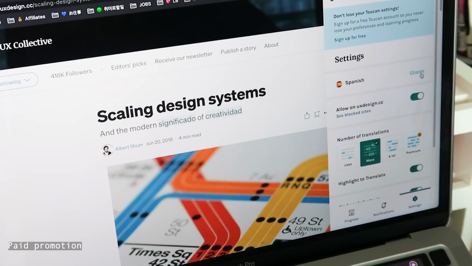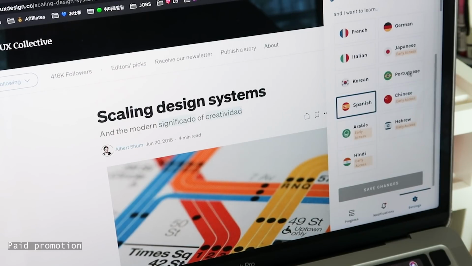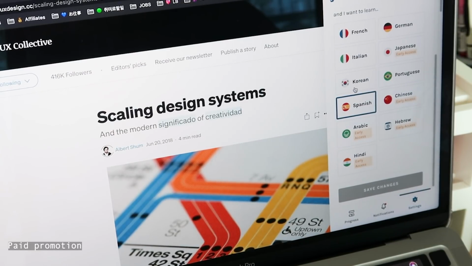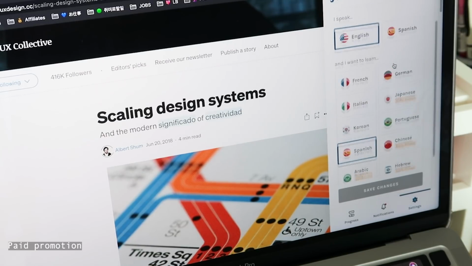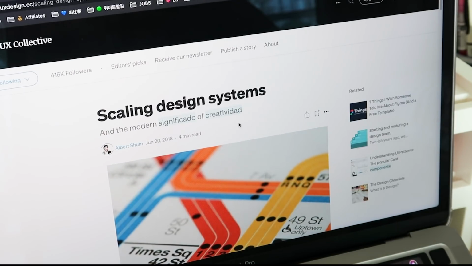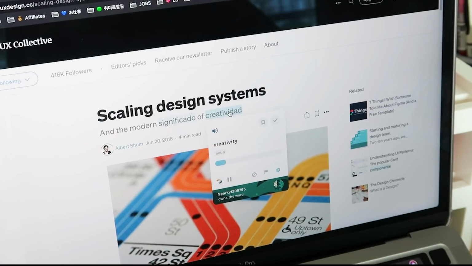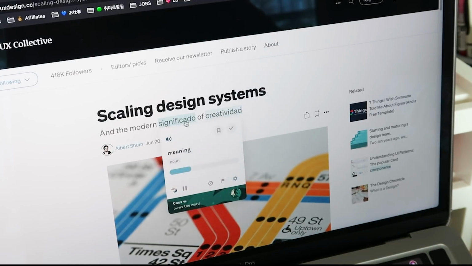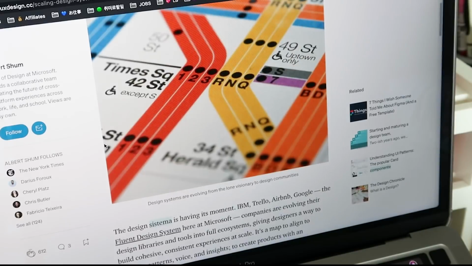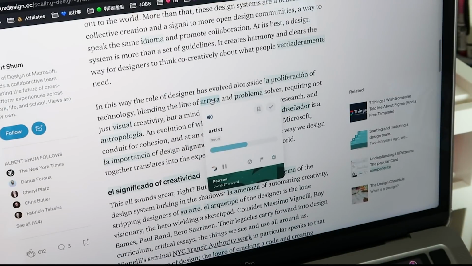The language I'm learning at the moment is Spanish, but you can change it to a number of languages, maybe even Korean, Japanese. These are the new ones they've added. And what it does is it will change a few words for you into the language you're learning. So within this article I'm reading, even though I'm reading it in English, it'll change some words for me and